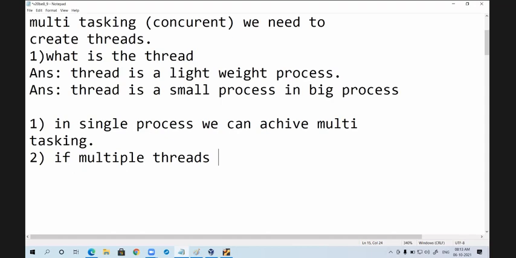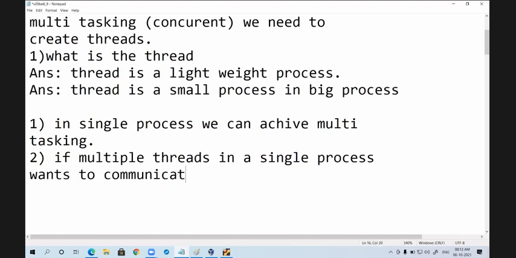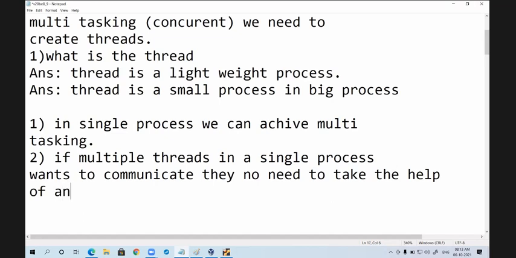Is it clear? Small processes in that big process. So now tell me, if multiple threads in a single process want to communicate, they need not take the help of any IPC.